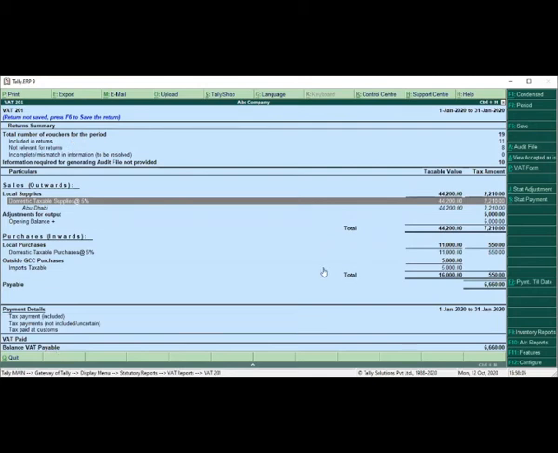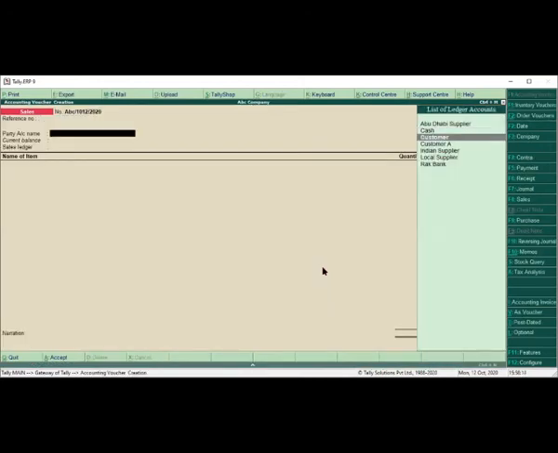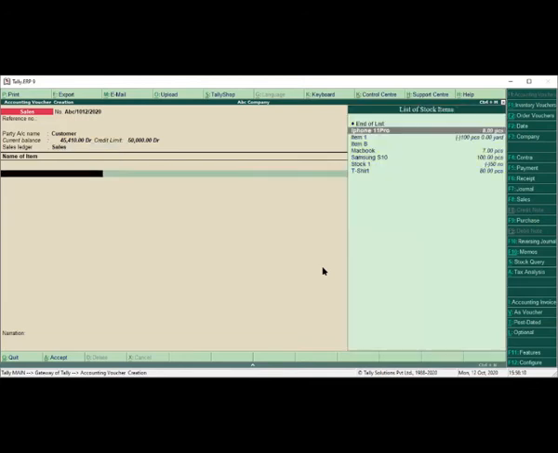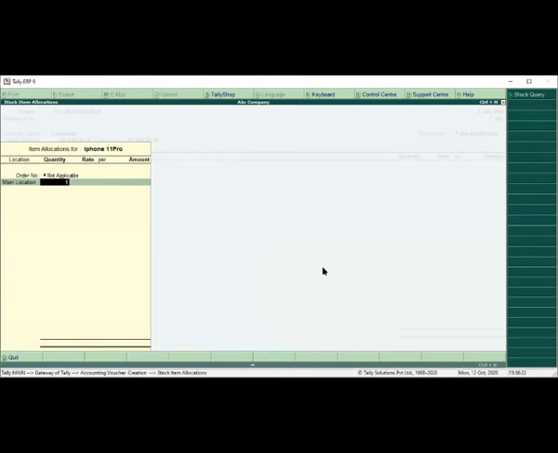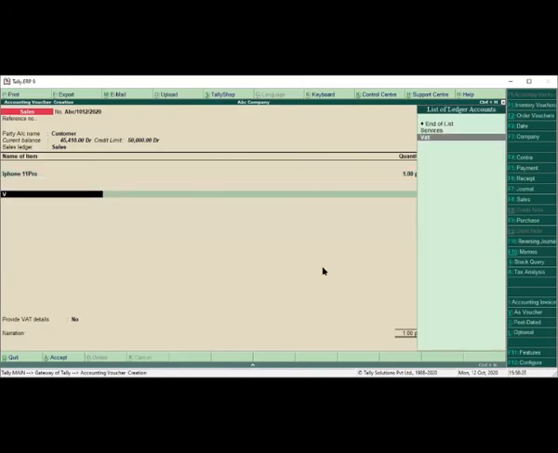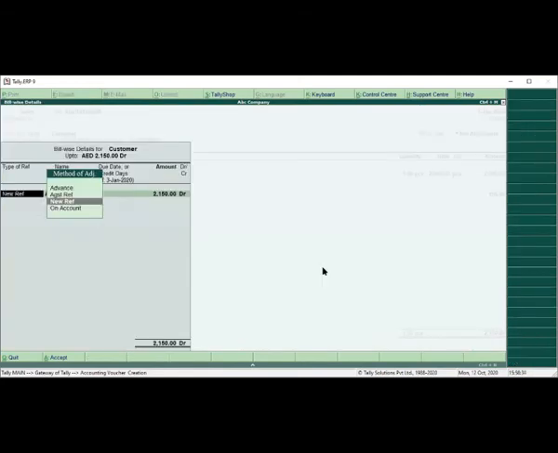So if we are recording the transaction and we have made any mistake, let's see, I'll make some mistake in one transaction. I'll record one transaction here. Let's say I'm recording one sales invoice, and I'll select this item, one piece, which is coming 2,000. The VAT amount is showing 100, but I'll make the changes. I'll make it 150. I'll save it.